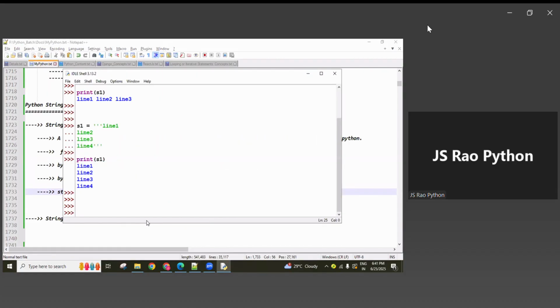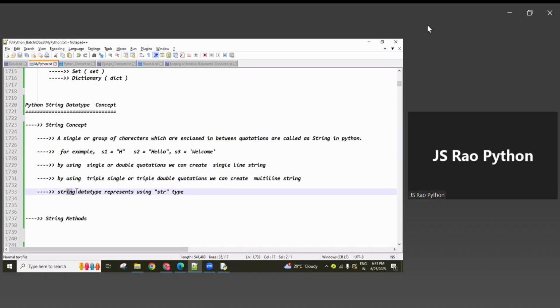For example, s1 is a string guys. So using the type function, s1 type is what, we can understand it, str type. Okay, type is one function. Using that, in this variable, what type of data is there, we can identify it. Str means a string type is there. So that's why I said here, string data type represents using str type. Okay, next here, empty